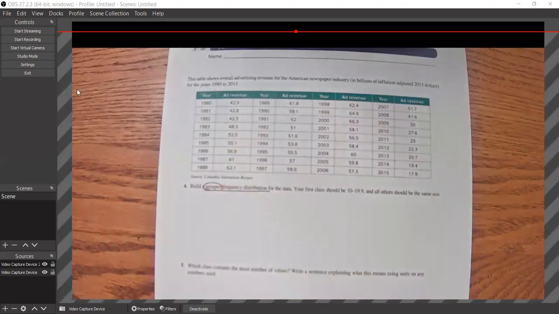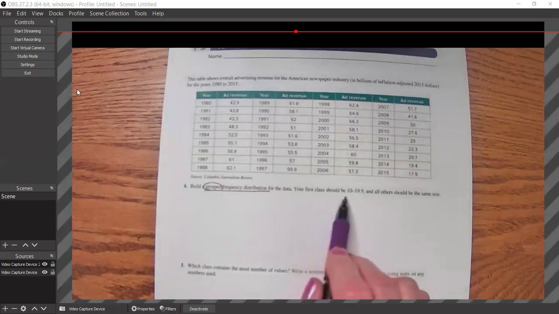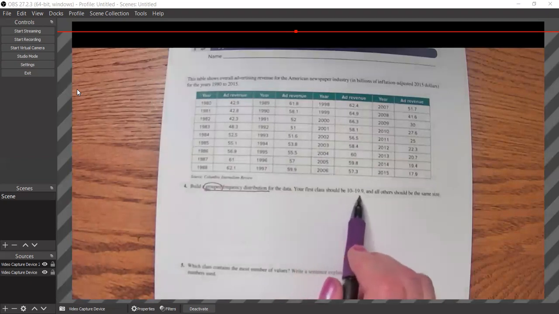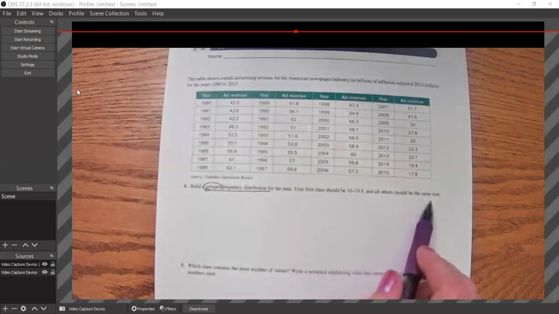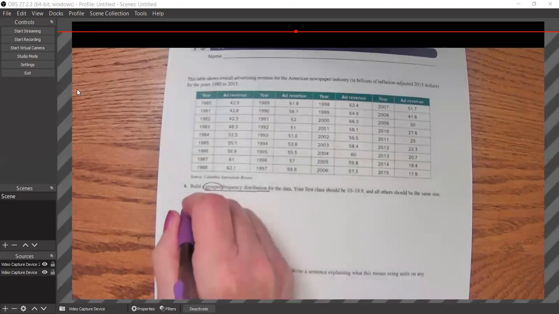Rather than every category getting their own row, categories are going to be grouped. So here we want a grouped frequency distribution for the data. And the first class should be between 10 and 19.9 billions of dollars, and all others should be the same size. All right, so I'm going to look at our data